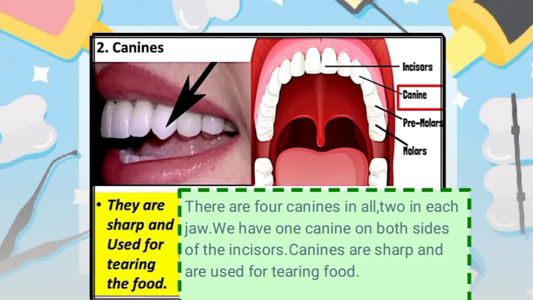The first baby canines come in between the age of 16 months and 20 months. The upper canines grow in first, followed by the lower canines. Lower adult canines emerge in the opposite way. First, the lower canines poke through the gums around age 9. Then the upper canines come in at the age of 11 or 12.